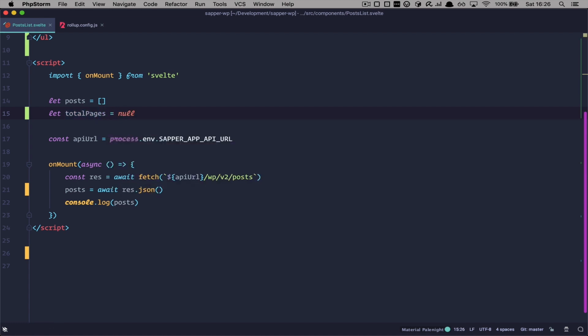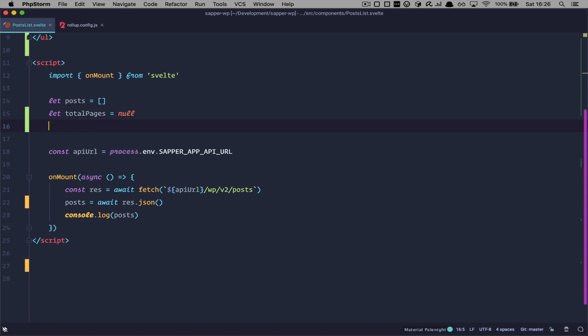It's going to be null for now. Then we want to define the current page. That current page is of course going to change during the life cycle of our application as the user clicks on the page buttons. But the first page is going to be of course page number 1. So we are going to define let current page